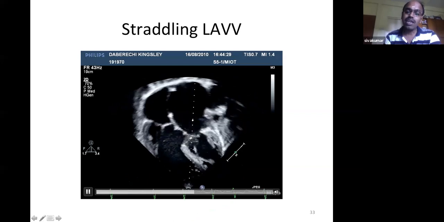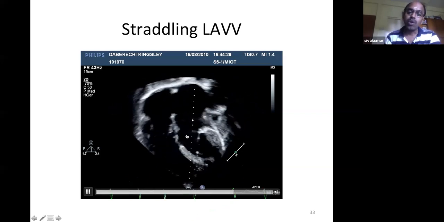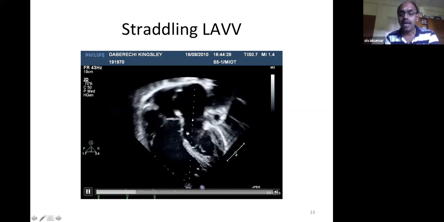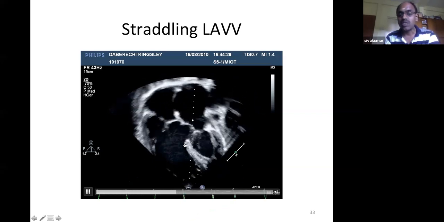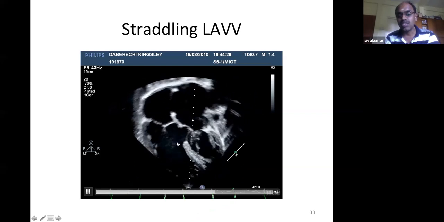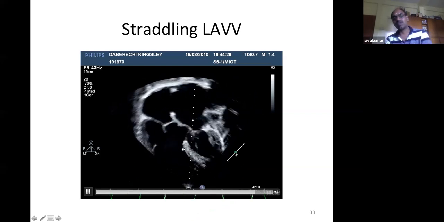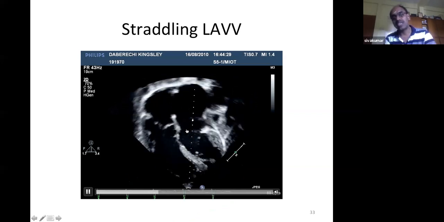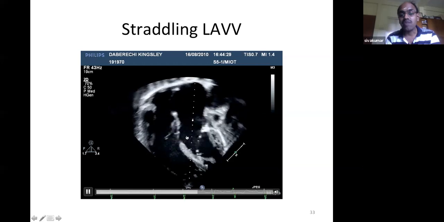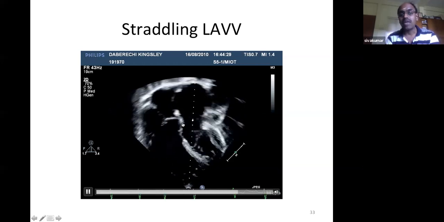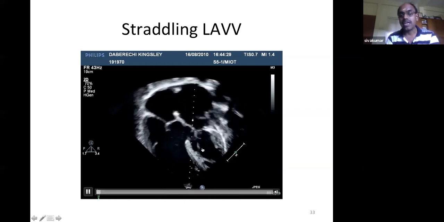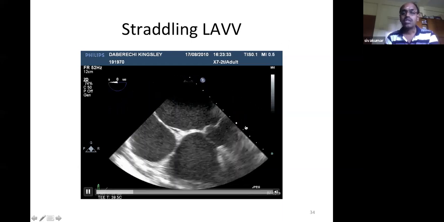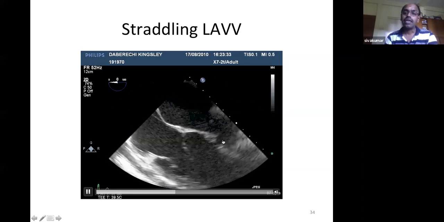As the septal leaflet attachments get more and more, you can have more and more straddling. The tricuspid valve chordae can keep on getting attached progressively more and more towards the crest of the interventricular septum, and sometimes even to the other side of the interventricular septum. So varying degrees of chordae, left AV valve straddling, and varying degrees of left AV valve override may be seen. Whenever there is override, that means the right ventricle is significantly hypoplastic. So this is, yeah, straddling.